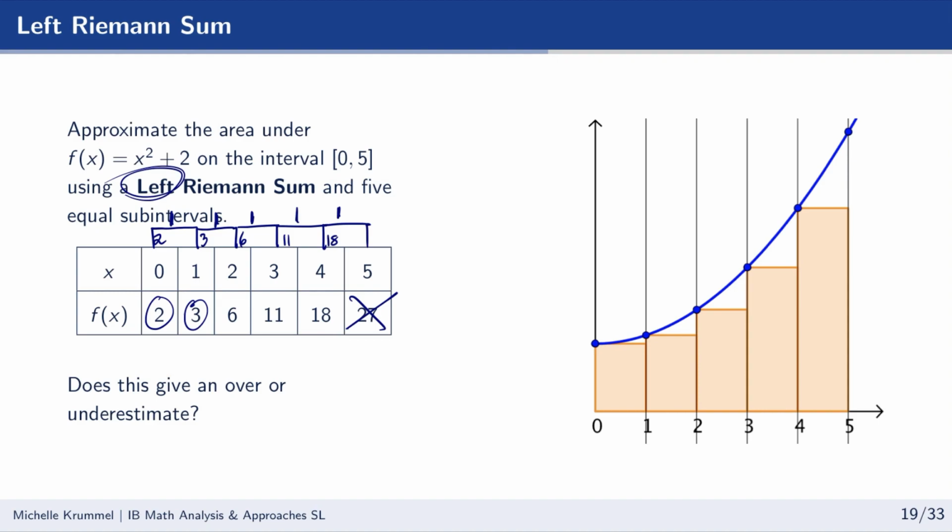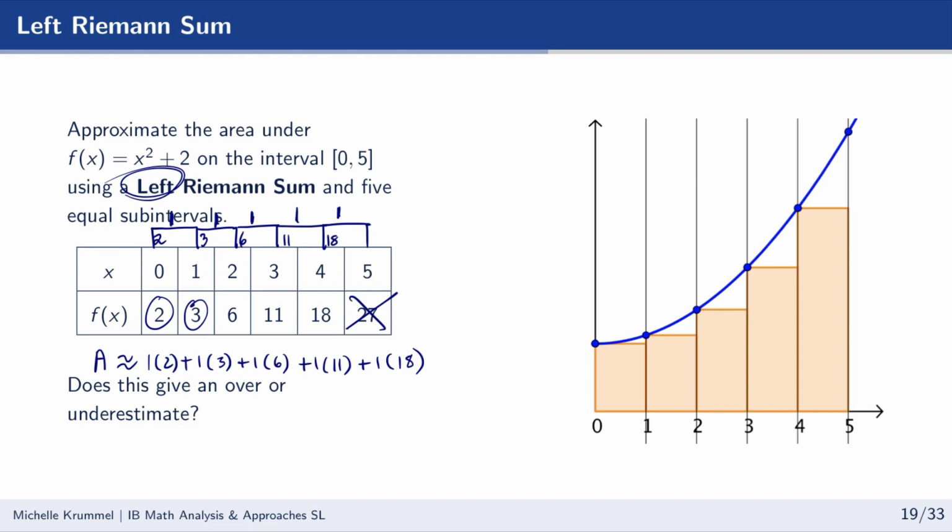Then to get the area of each rectangle, we just multiply the widths and the heights. So the area is approximately, and remember this is just an approximation. It's not going to give us the exact area, so we should be using an approximation symbol. The area is approximately, and then we just go through and we multiply width times height for each rectangle and add them up. So 1 times 2 plus 1 times 3, and of course you can do this in your head. You don't have to write this out. Plus 1, but I'm just showing the setup to make it super clear what we are doing here to get that approximation. And then we would just simplify that